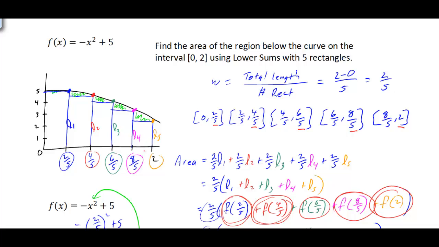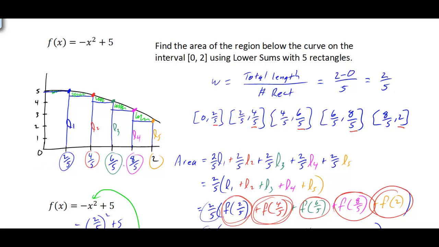Whereas if you were using the left endpoints, we would start over here at 0. So be careful. Notice here we have 2/5, 4/5, 6/5, 8/5, and 2. So that's 1, 2, 3, 4, 5 rectangles. Don't fall into the trap of using the 0, because if you use 0, you're looking at calculating 6 rectangles